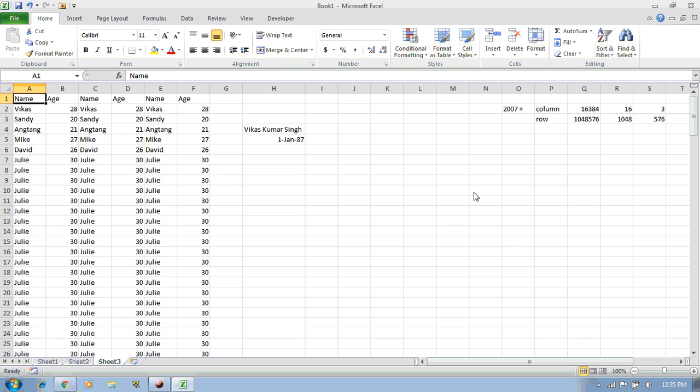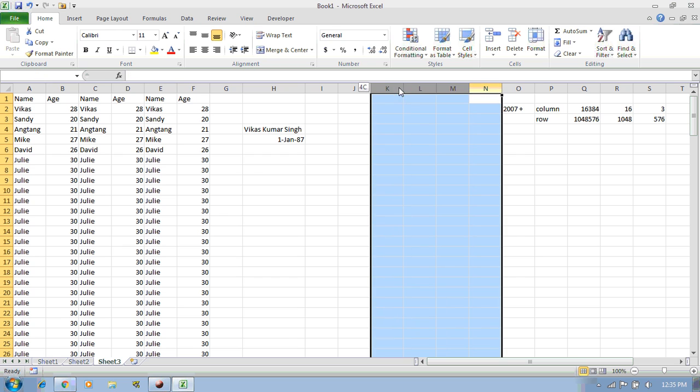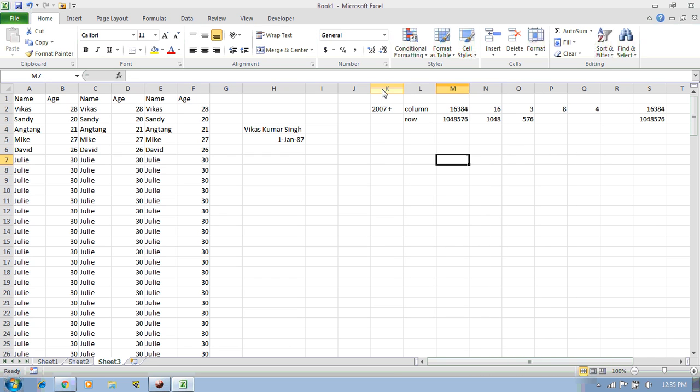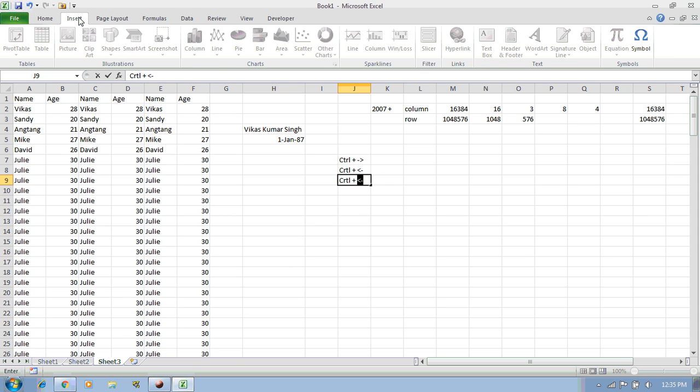So now let me make notes for you of the shortcuts we have just learned. Control plus this, and Control plus this left arrow, and Control plus, and now I'll have to insert some symbol.